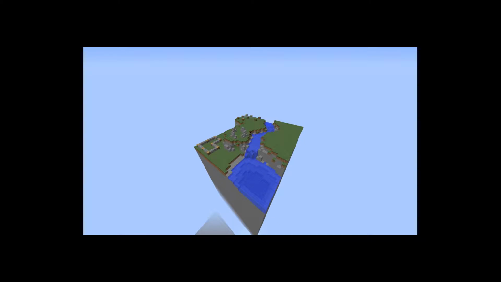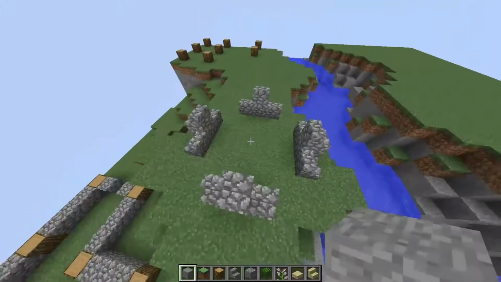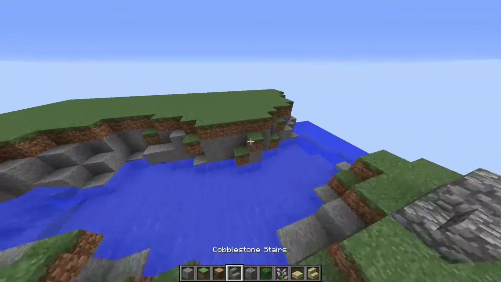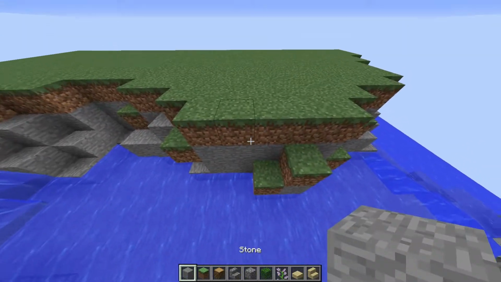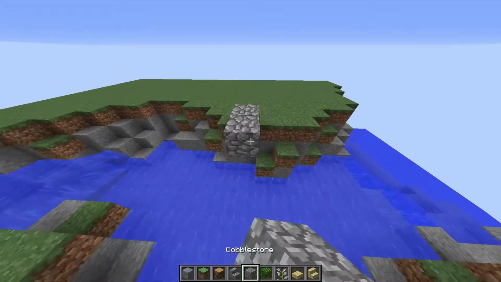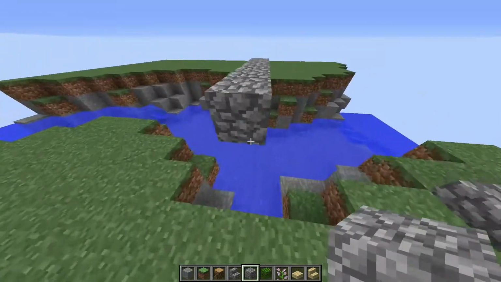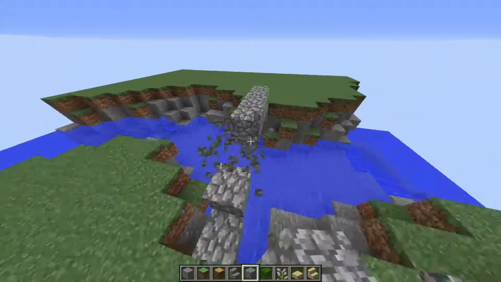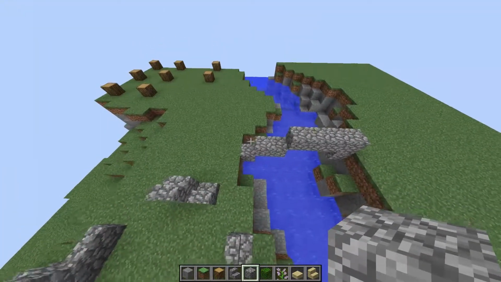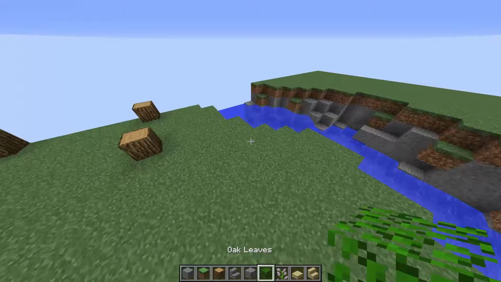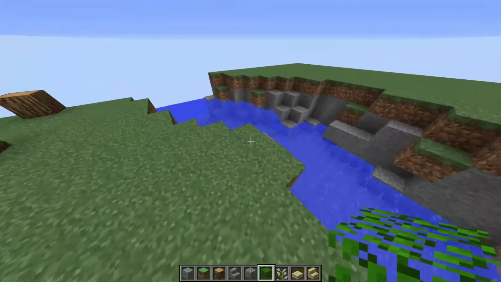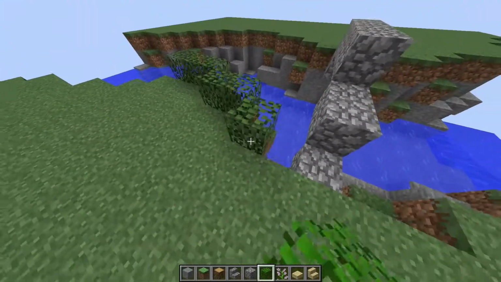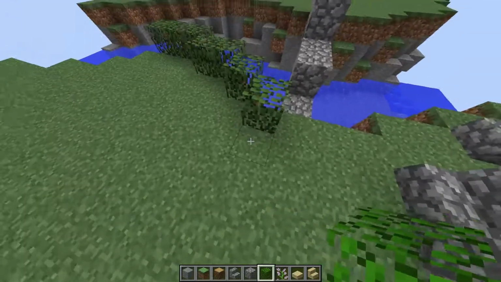Gonna put some grass over there because it's gonna look a little bit odd if there's dirt underneath. Then I'm gonna have a bridge over here. Not gonna build a bridge yet, just marking out the locations. So again, there's tons of planning when building something. And I want a little bit of a garden over here, so